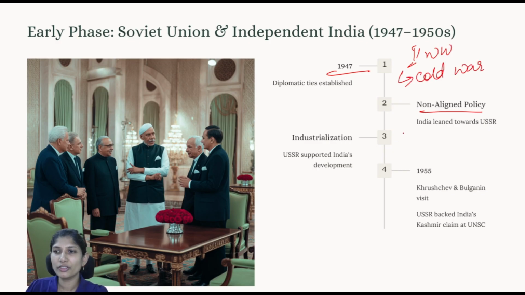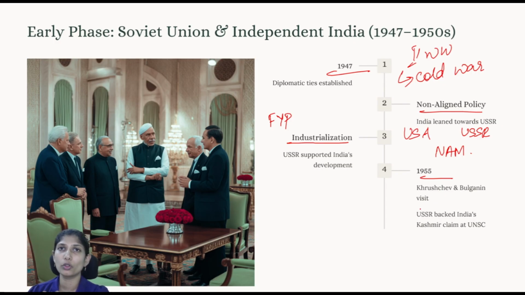In this Cold War era, the world was put into bipolarity, USA and USSR. At this point of time, it wouldn't have been wise for India to pick sides. So we picked NAM, right? Then comes our 5 year plans. In our 5 year plans, especially for industrialization, USSR helped a lot with respect to technology transfers. Yes, and in 1955, the issue about Kashmir was becoming more and more a centralized element,